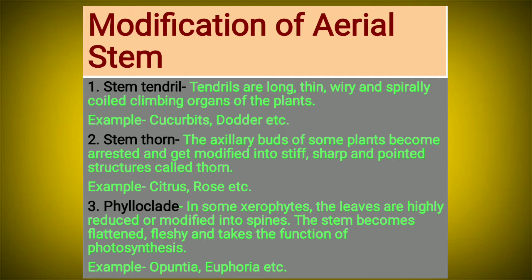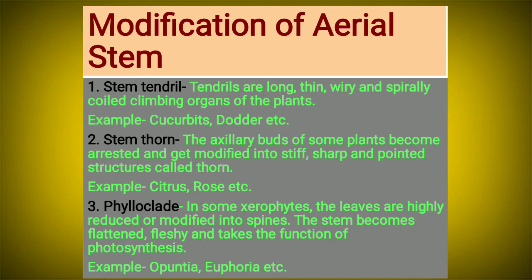So that we can observe it on citrus plant, that is the lemon plants or its related varieties, and rose plants, etc. So these are the basic two modifications of stem, where tendrils are used for climbing or for mechanical support, and the thorns and the spines are used for the purpose of protection. Now next, let's come to an important one, which is called as the phylloclades.